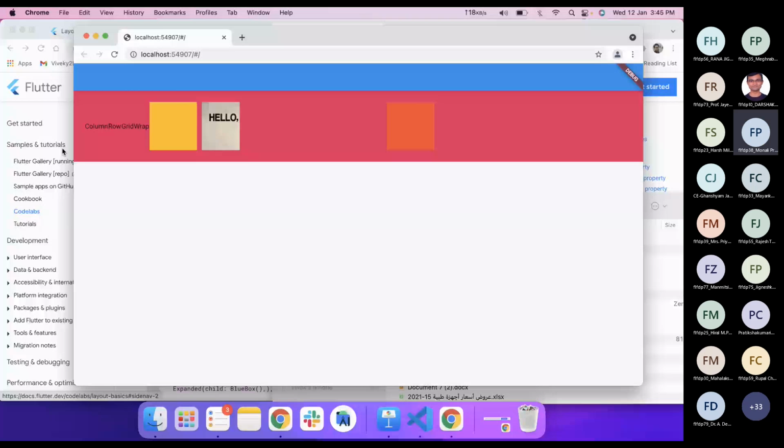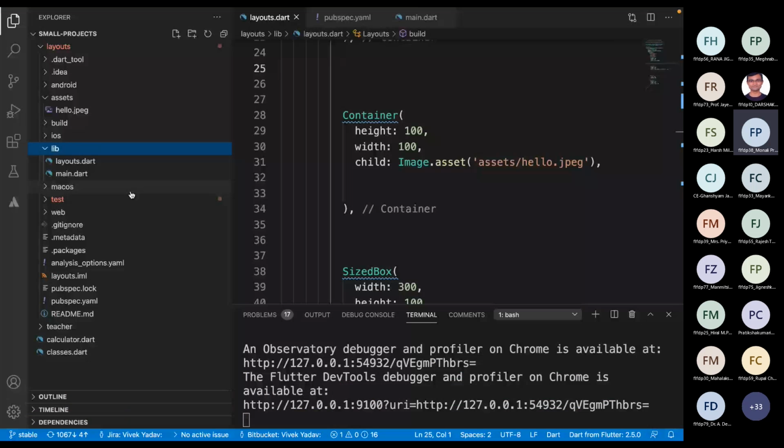Yes. That means whatever we want to embed over here, whether it is an image or a video or anything, should be in a separate folder in the layout. So this is actually three steps. First, we have to make a folder over here. We have to save all images, video, audio, every file over there. And then we have to mention it in pubspec.yml. And then we will be able to use it in the code. Am I correct?